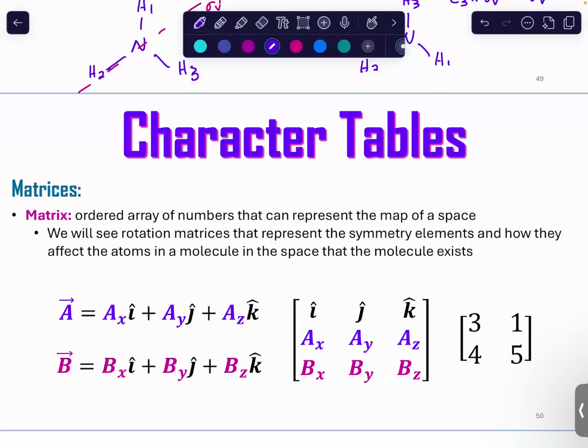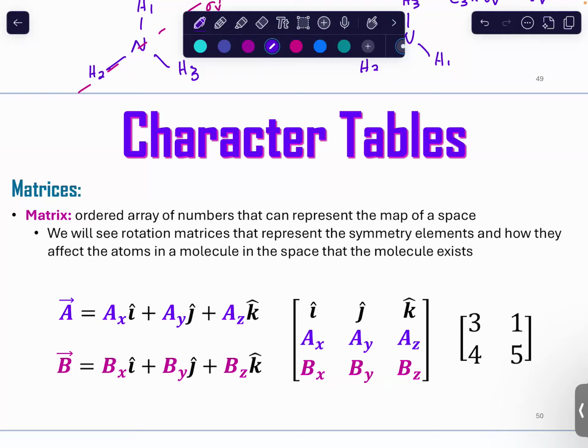Matrices. So we're going to be using matrices to understand where character tables come from. Character tables, again, are going to be just like they said, a table of symmetry operations. They're going to be specific to a point group, and so you're going to be able to see the types of symmetries that are available to molecules in that